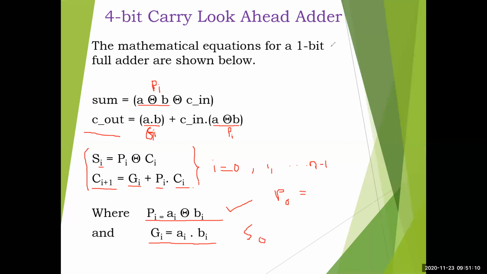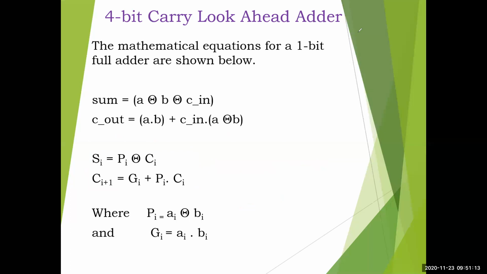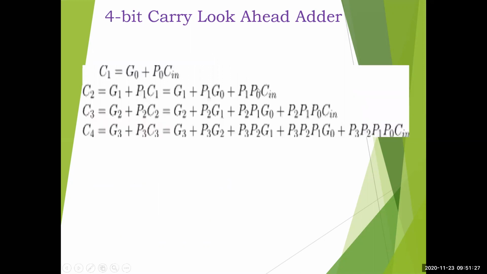In the next slide I will show you this carry generation. So remember this equation, c(i+1) equal to gi plus pi dot ci. Using this I am going to generate c1, c2, c3, and c4. Those are the 4 signals we are going to generate. So first one, with i equal to 0 substituted, c1 equal to g0 plus p0 and Cin. I have written Cin only, because no need to confuse here. In the program also we'll write Cin only. No issues here, because it is c0; instead of writing c0, we'll write Cin.